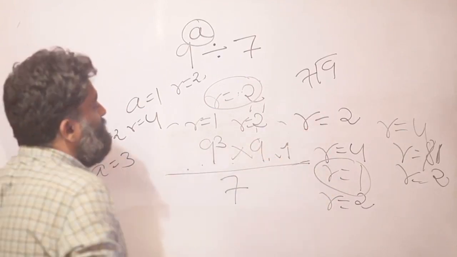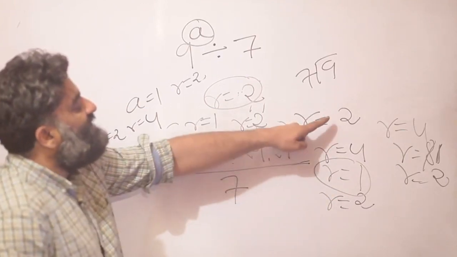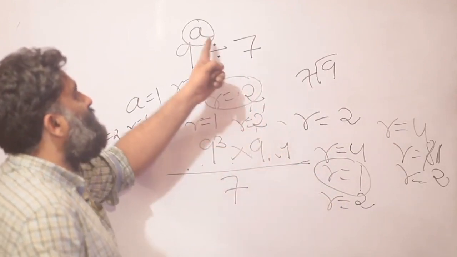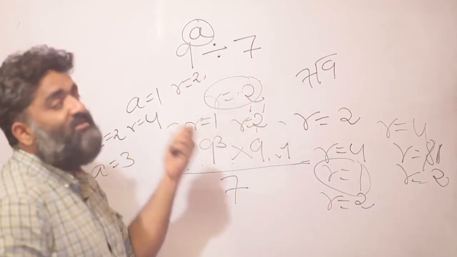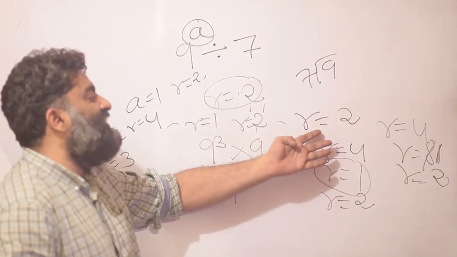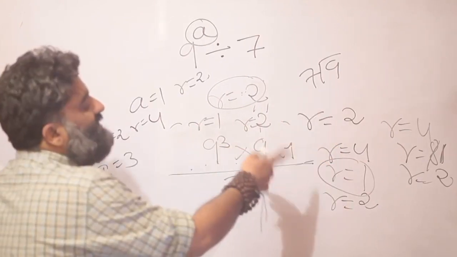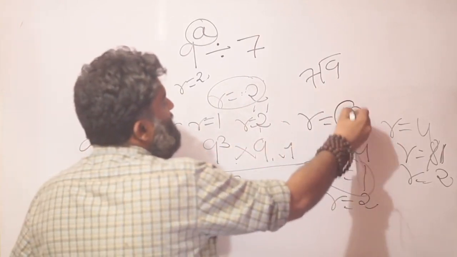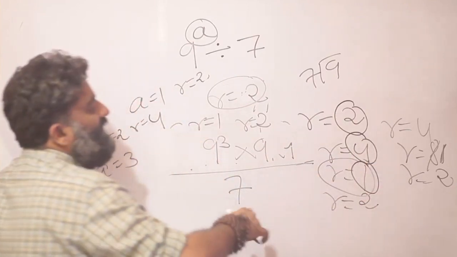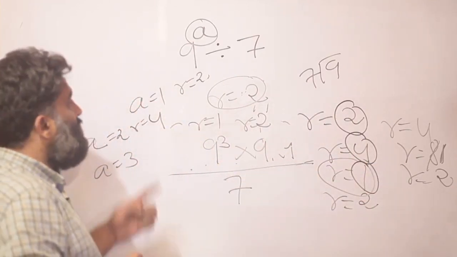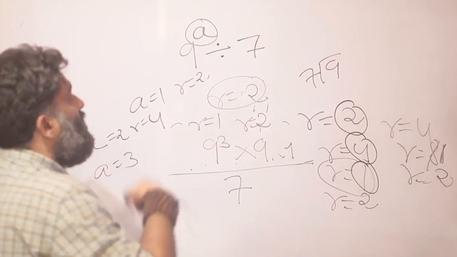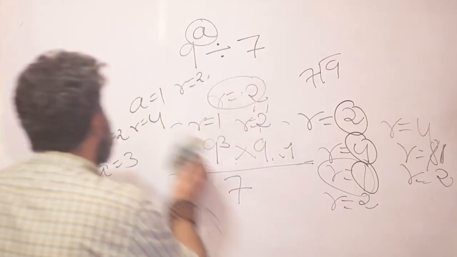And once you grasp the cycle, the question in this case was how many possible remainders? The answer is very, very easy. 3 possible remainders. So 3 possible remainders, and the remainders are 2, 4 or 1, and the cycle will keep repeating. So that was one question. Or if the question was even more specific,